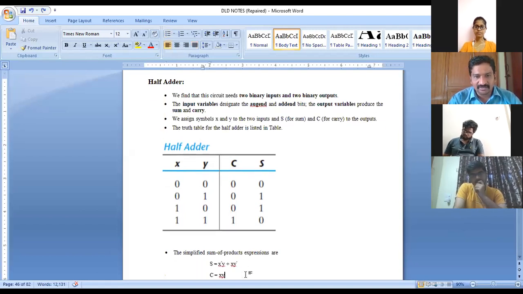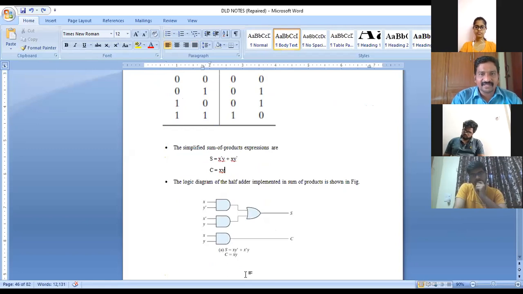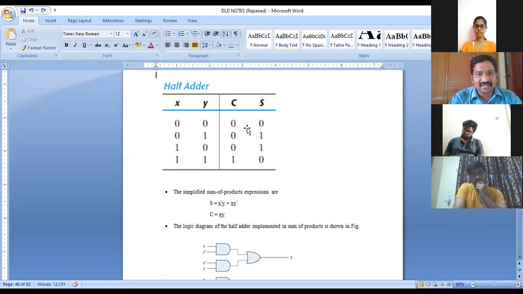Okay. Now we'll find an equation for that. Can I find an equation for that sum as well as the carry? Of course we can, because it is a boolean, right? So it is a one. I will find the equation for that sum. Wherever that one is, I can take it. So 0, 1 gives x dash y, plus wherever there is a one here, x y dash. So we can find the equation: S equals x dash y plus x y dash.